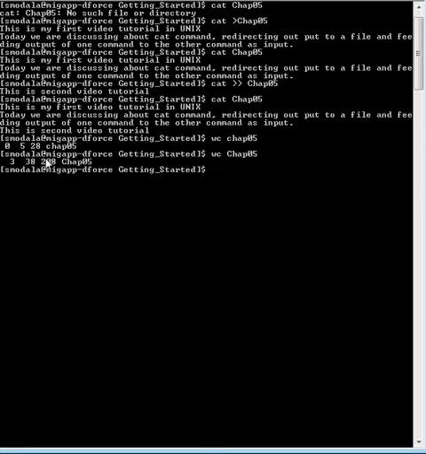See here we have 3 lines. Let me explain. If you see the output of this command wc chap05, we have observed 3 numbers here, 3, 38 and 208, along with the file name. I will interpret how these work. The first number 3 indicates the number of lines in the file, 38 indicates the number of words in the file, and 208 indicates the number of characters including spaces.